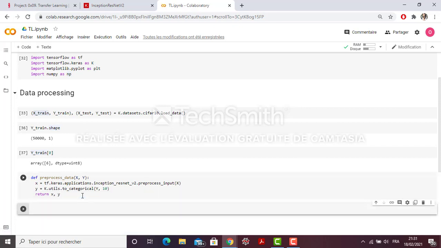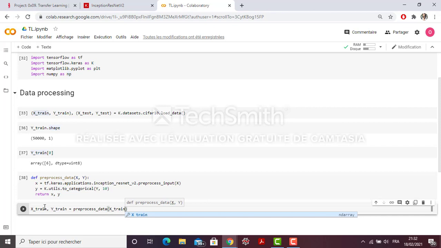So this is for preprocessed data. I'm going to apply this function to my data. Let me call it xtrain and ytrain equals preprocess_data, and then I will give it the xtrain and my ytrain.